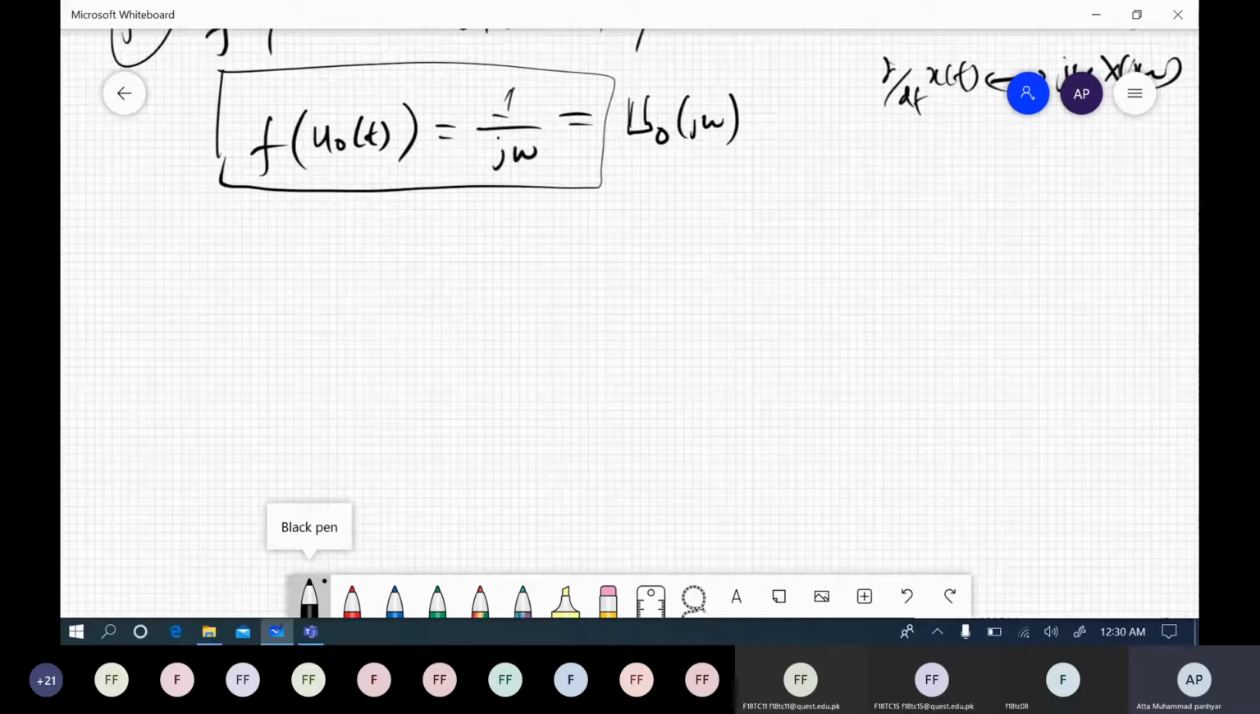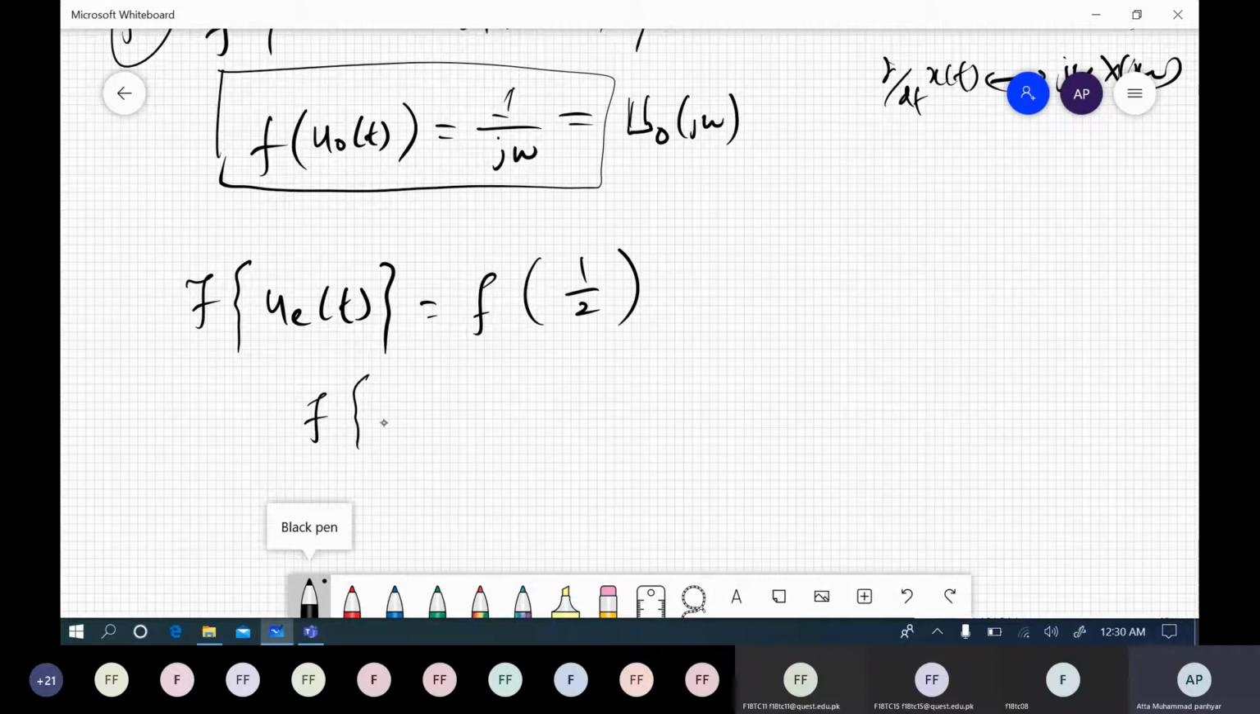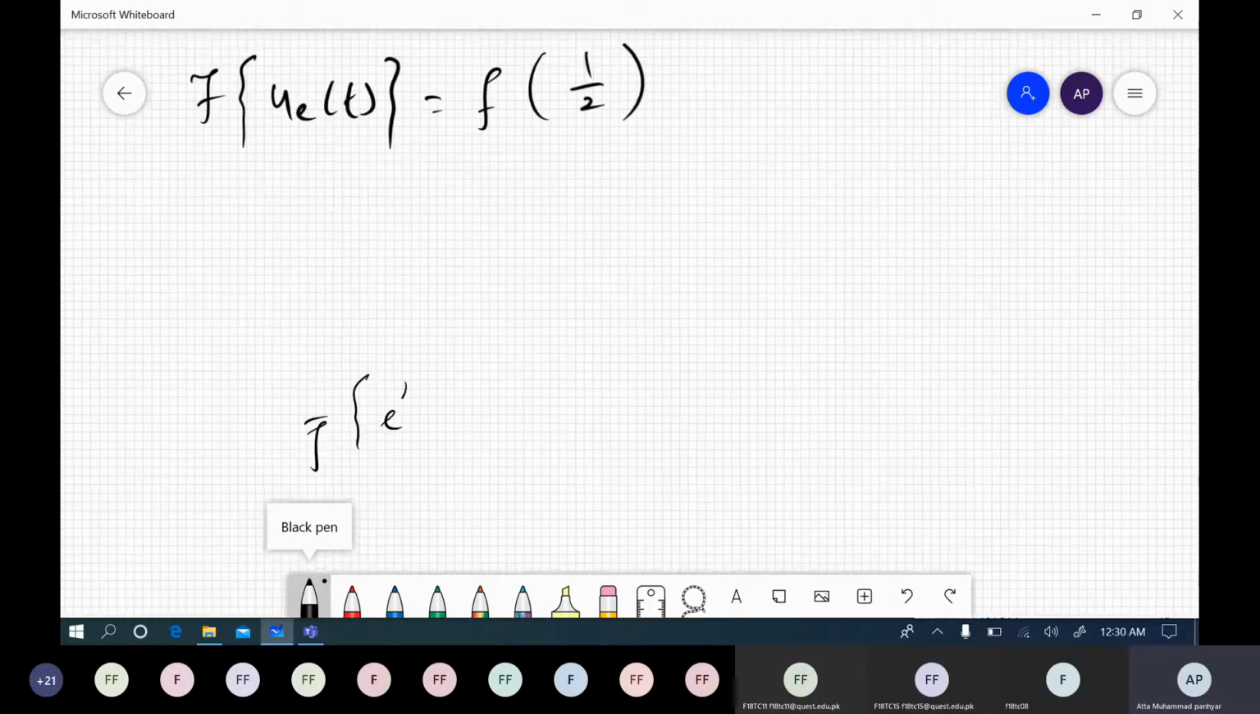Now what about the even part? The Fourier transform of the even part of the unit step must be equal to the Fourier transform of half. What does that mean? For example, if you remember the Fourier transform of e to the power